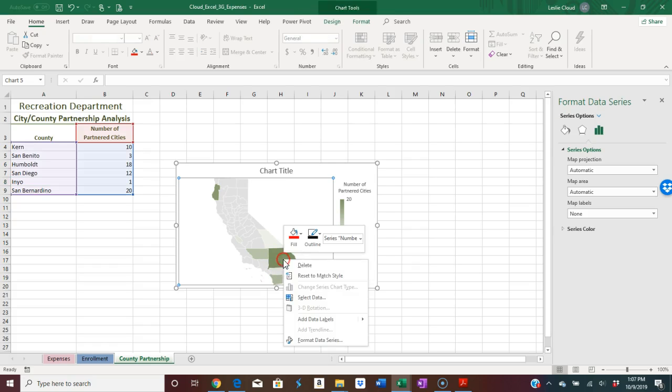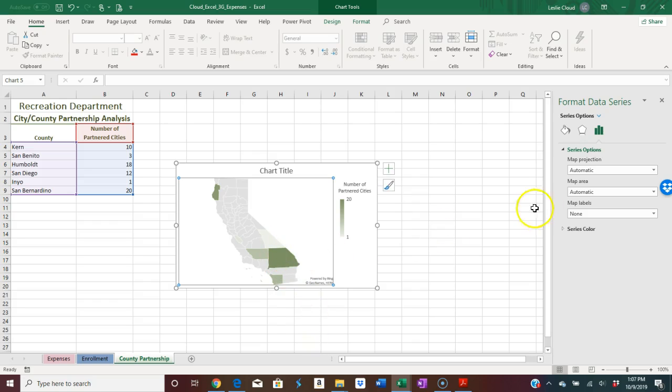areas. And if I right click on any of the actual areas in here, notice it says map area. So this is our data series. If everything is in the same place, then it should give us this state province selection as well. So that's another way to maneuver and see if you can make some changes to